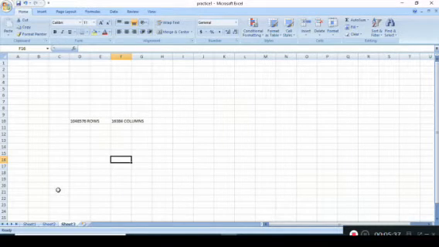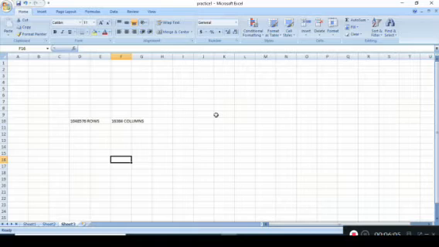Now, next is cells. A cell is the smallest unit of a worksheet. It is formed by the intersection of rows and columns. Each row and column in a worksheet intersect each other to form a rectangular block called a cell. The data in a worksheet is organized in these cells.